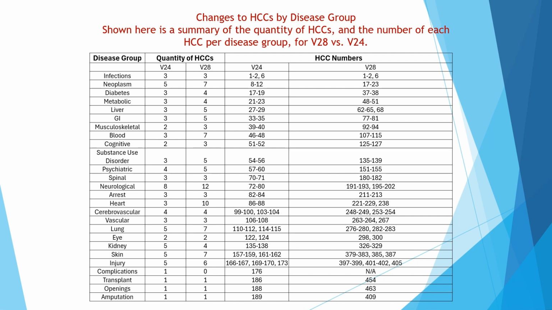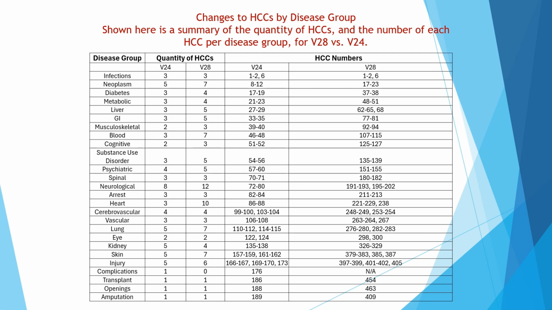Injury, quantity of HCCs for V24 is 5 while V28 is 6. HCC numbers for V24 is 166 to 167, 169 to 170, 173, and V28 is 397 to 399, 401 to